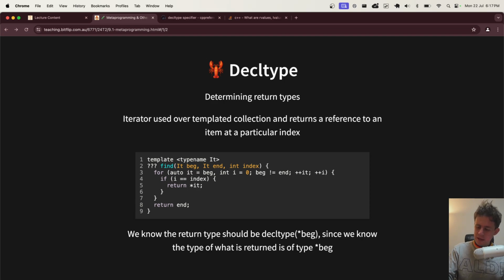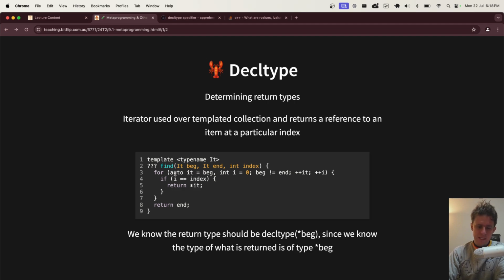It's all well and good to talk about decltype and the rules, but I don't think it's really fun to have language features that just have rules and then be told that they're important. I think it's more important to understand how exactly we use these things. So one example of how you might use a decltype is if you're writing, say, a find function. Let's imagine you're writing the STL algorithm function. You've got a templated function here. It takes in an iterator to the begin of an STL container, an iterator to the end, and an index. So it's not a find function, like a, what is it called? Like a next function, or one of the ones that iterates through at a certain amount.